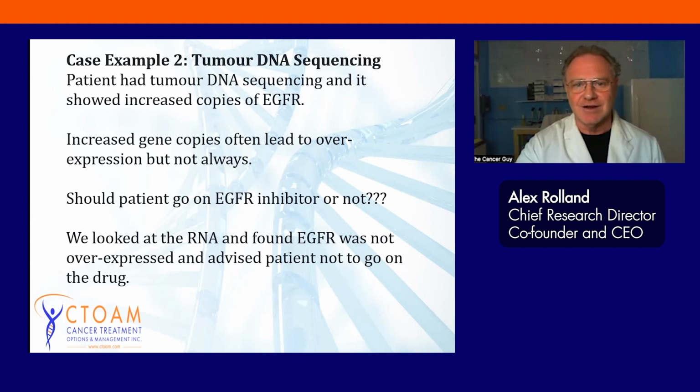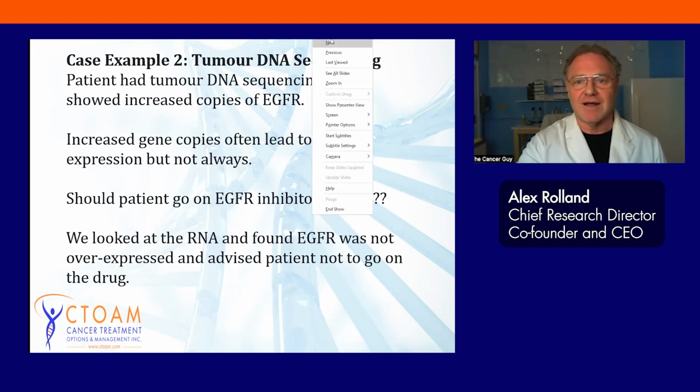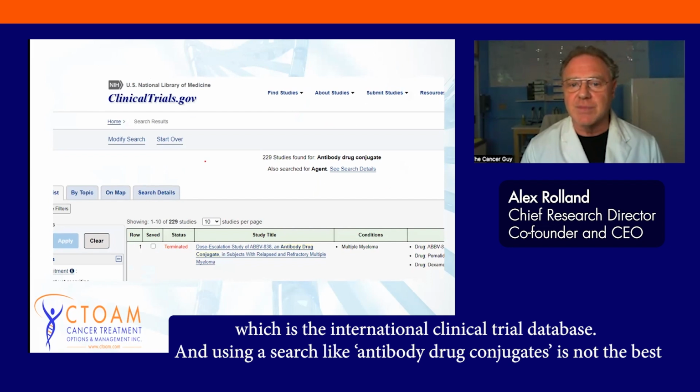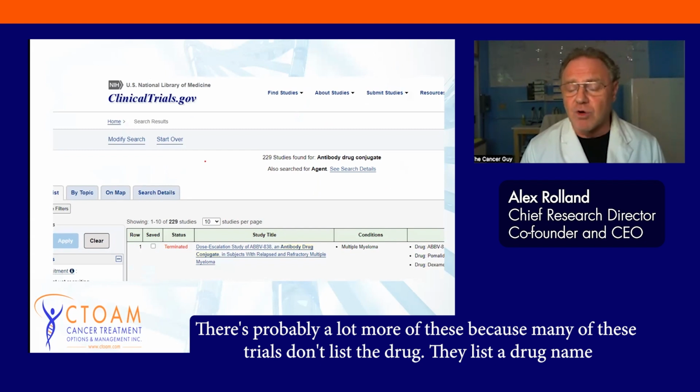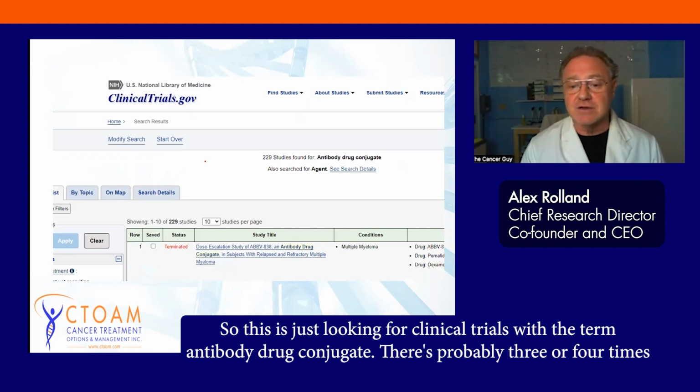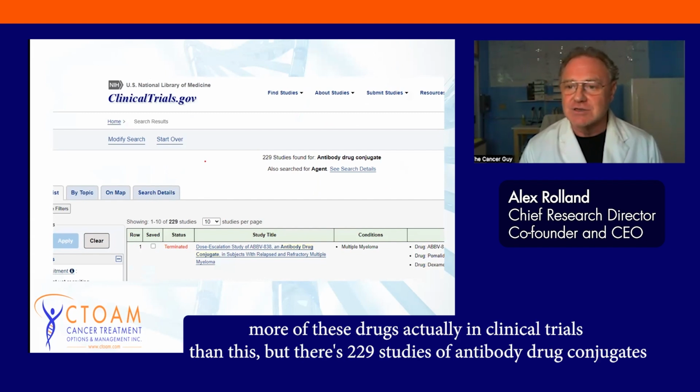One last screenshot here. Oops. So I did a quick search of how many antibody drug conjugates there are. I just did a Google search in clinicaltrials.gov, which is the international clinical trial database. Using a search like antibody drug conjugates is not the best. There's probably a lot more of these because many of these trials don't list the drug. They list the drug name, but they don't tell you that it's an antibody drug conjugate. So this is just looking for clinical trials with the term antibody drug conjugate. There's probably 3 or 4 times more of these drugs actually in clinical trials than this, but there's 229 studies